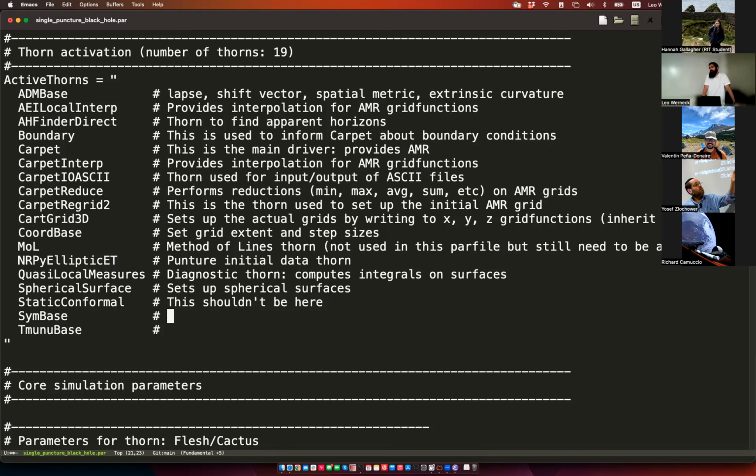Then symbase is the base thorn that tells what the symmetries for the grid functions are. So if you want, we're not doing this here, at least unless the defaults tell it to do. I don't think they do. But we're not imposing any symmetries in the system unless they're done by default, but I don't think they are. So this is like reflection symmetry or like rotational symmetry, etc. And then TMU base is the one that provides us energy momentum tensor grid functions,